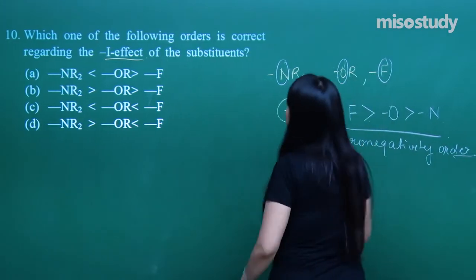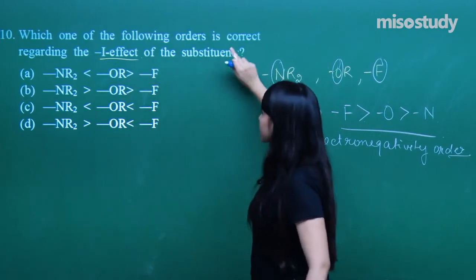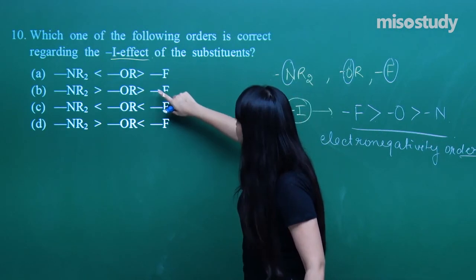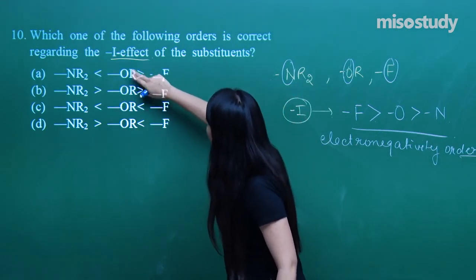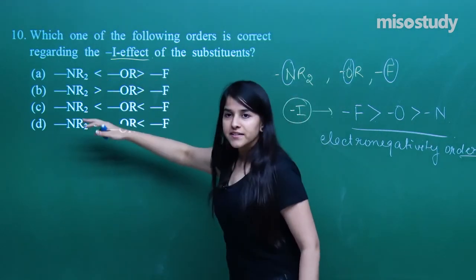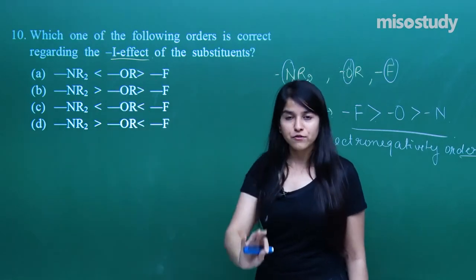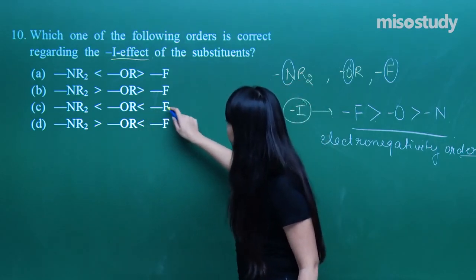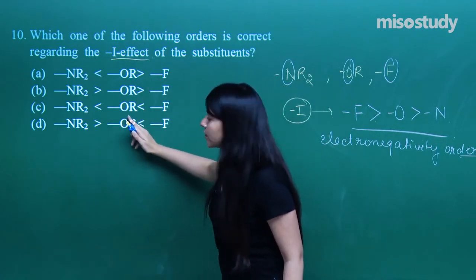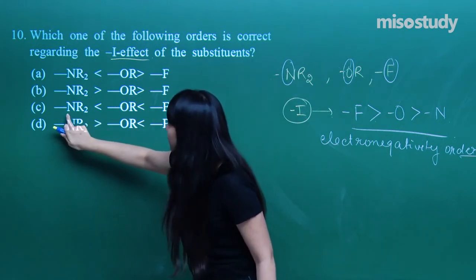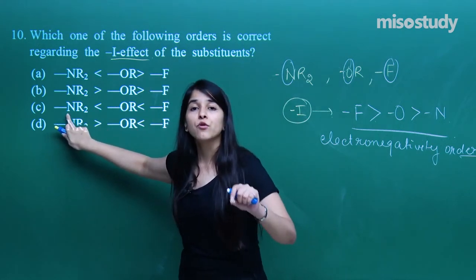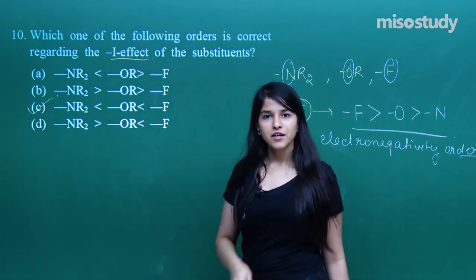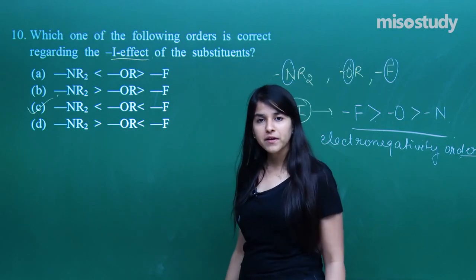And as per the question, we need to have a proper order of the substituents. So which would be the highest? So if you look on the questions and look on to the options, I have got different kinds of greater than, less than signs. So you need to be very careful while selecting the answer. Highest would be fluorine, that means greater than, and next would be oxygen definitely, and the last would be the nitrogen, which is the least electronegative element. So I hope you all have got the answer, that is C. You may confirm with the other options as well.